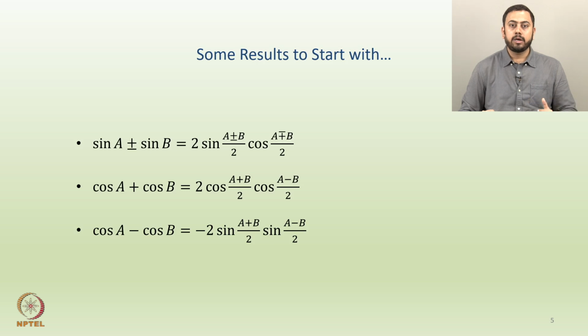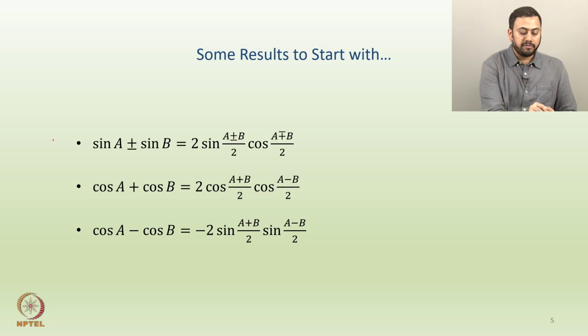Okay, so this is exactly what I was saying earlier, just to tell you very briefly what some preliminary trigonometric results are, right. So, some results to start with. Let us say sin A plus or minus sin B. This would be 2 into sine of (A plus or minus B) by 2 and then cosine of (A minus or plus B) by 2. Initially I am writing plus and minus here, but then minus and plus here. This just means that the sign here is different from the sign here. So if this is plus, this would be minus, if this is minus, this would be plus, depending of course on whether this is plus or minus.